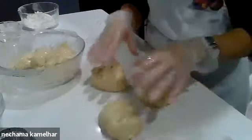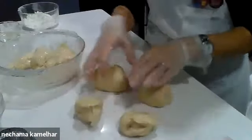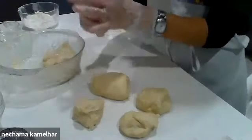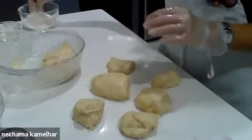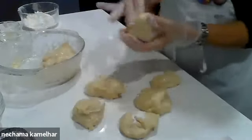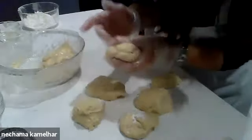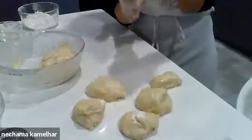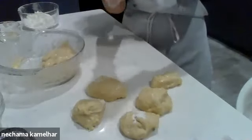And add more oil. A drop more oil, yeah. Okay, so right, as you can see, I have divided my dough into, so far, 4 parts. We are now up at 6 parts. Notice how uneven I am. You know, God didn't create us all even, so it's okay if the challah is not even. Right. And so I take my